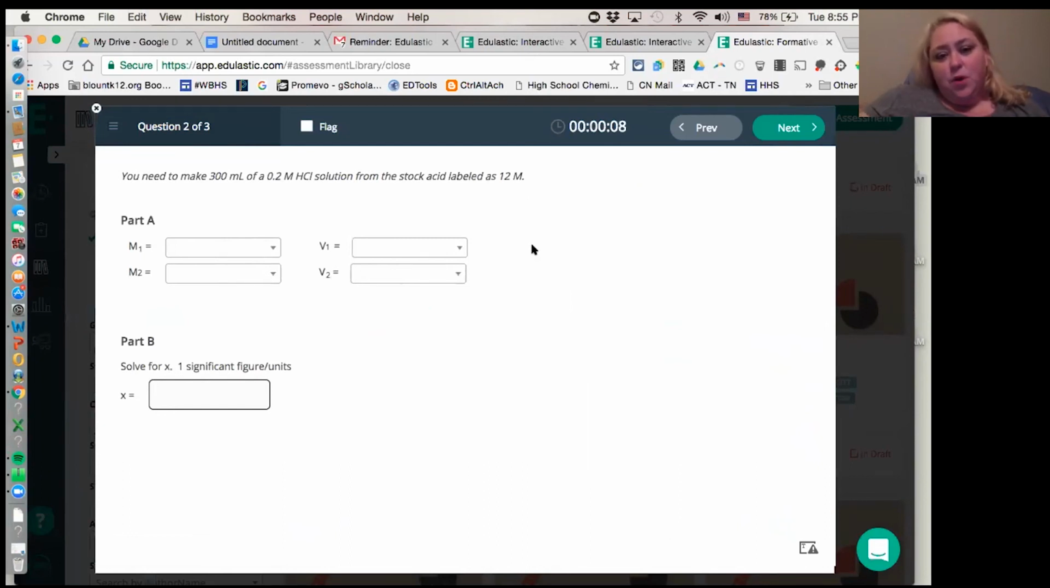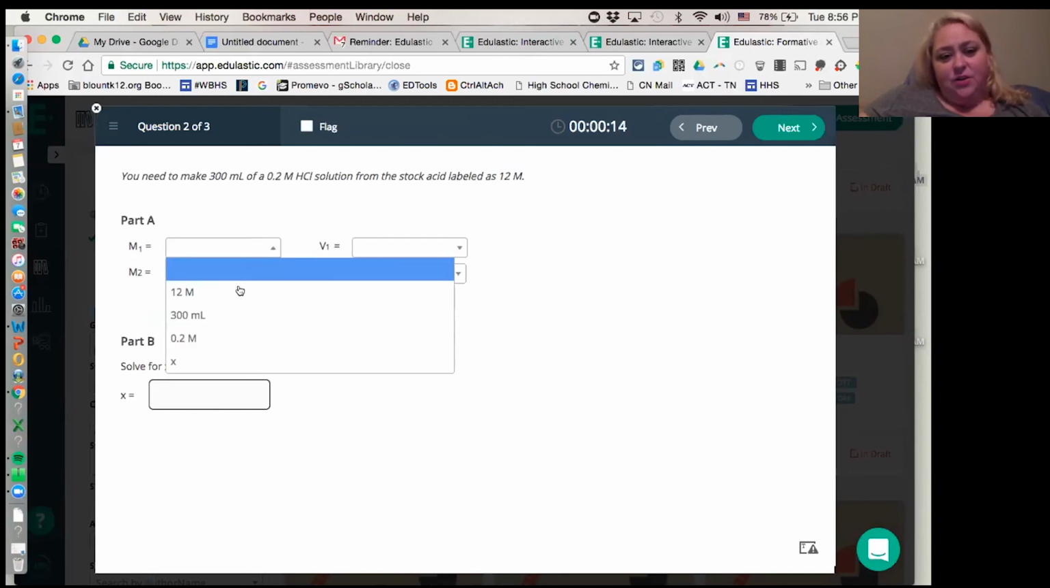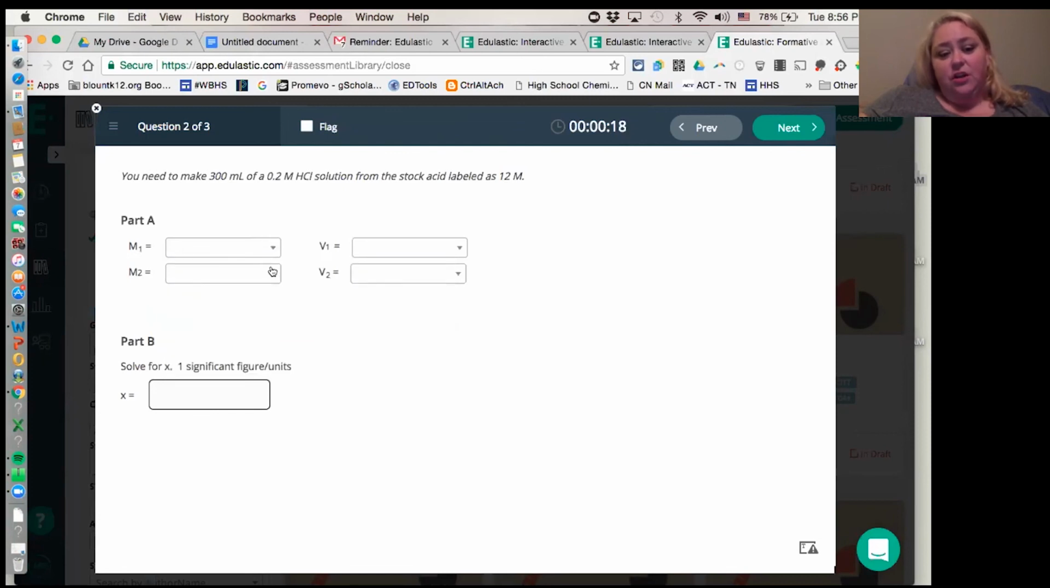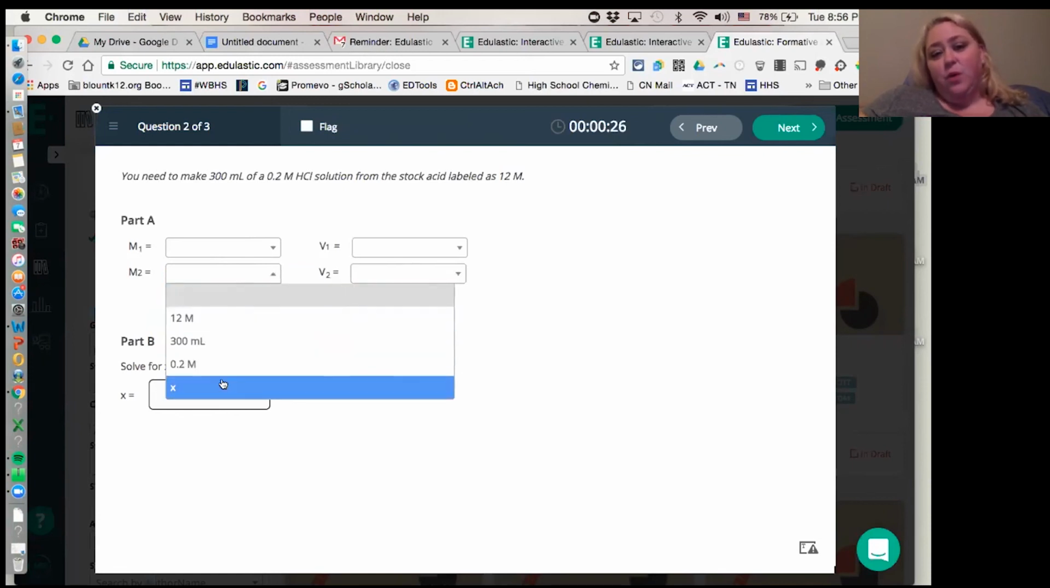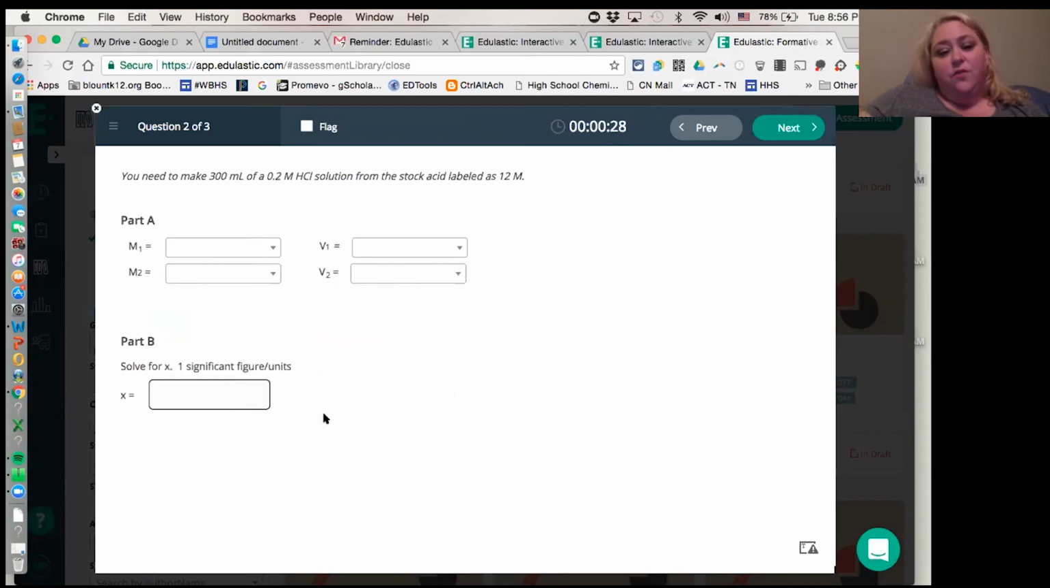But with these multi-part and drop-down style questions, I can force the kids to actually identify which variable is which, including having to know exactly what they're solving for. And in this problem, you can see everything's got an X. So they have to know which one it is that they're solving for. So the first part of this problem is to pick out all the variables. And then the second one is actually to solve and